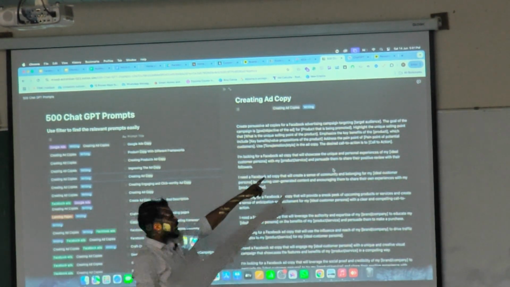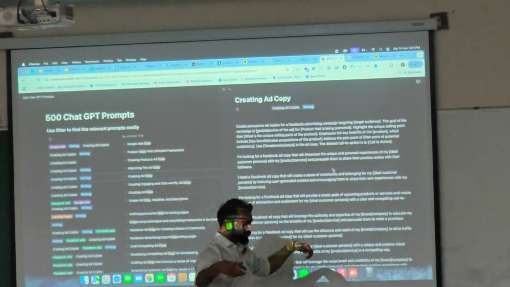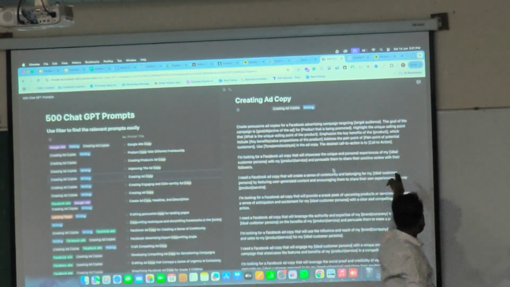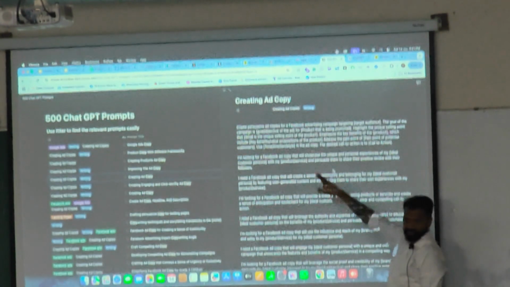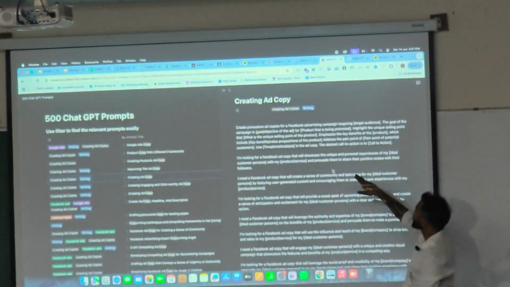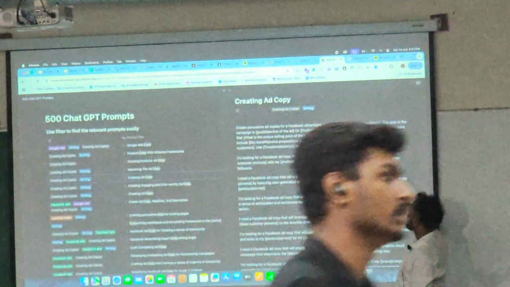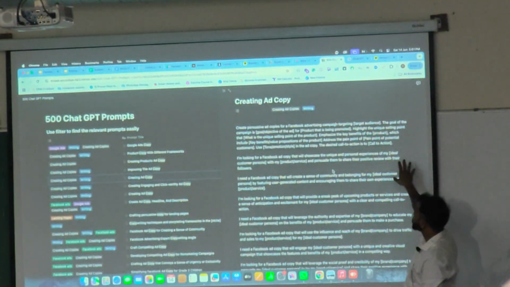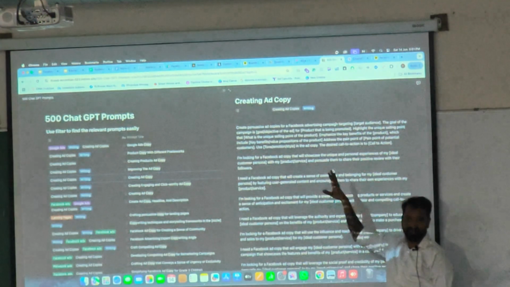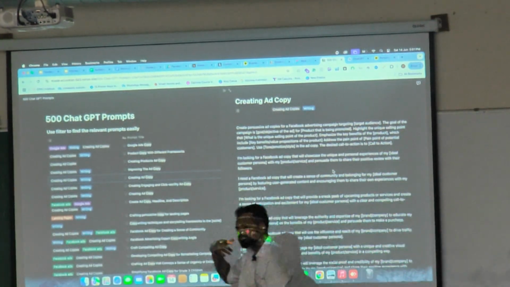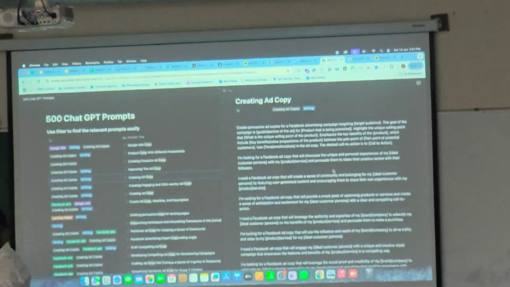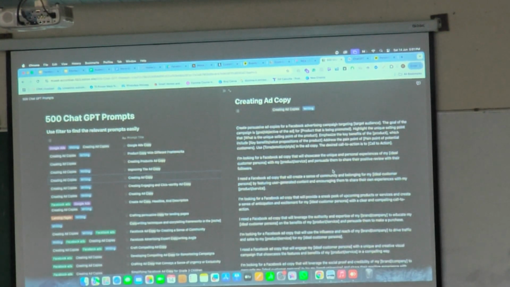Emphasize the key benefits of the product. जो भी आपका product है उसका key benefits है. यहाँ पर product डाल देना है. Then include the benefits your product is providing. Address the pain points your customers are facing, and use a tone. There are multiple tones like formal, informal, and so on.